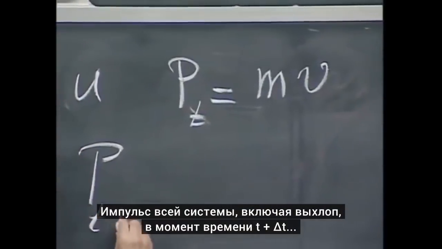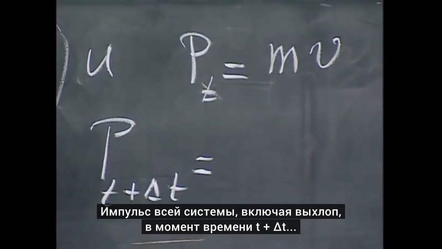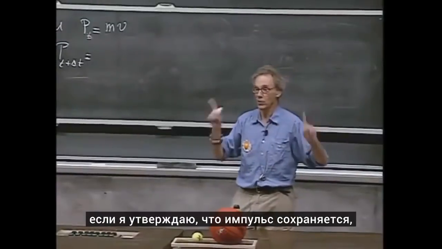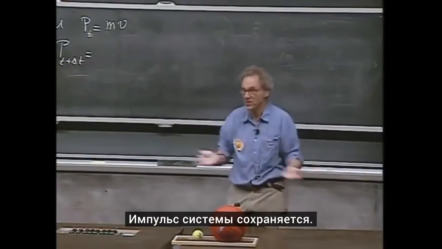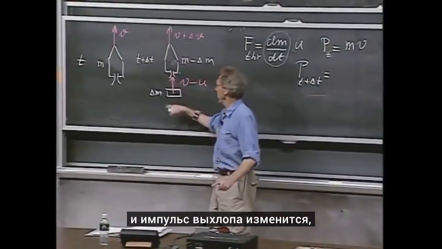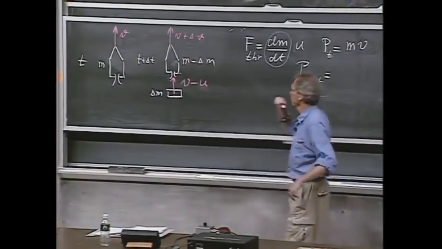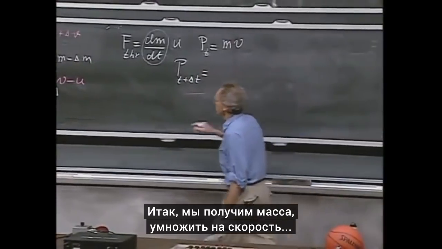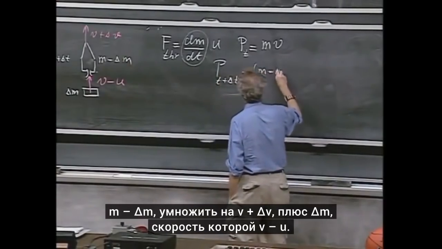The momentum at time t plus delta t of the entire system, including the exhaust. If I'm telling you that momentum is conserved, you can't ignore the exhaust. It's momentum of the system that is conserved. The momentum of the rocket is going to change, and the momentum of the exhaust is going to change, but not of the system. So we're going to get mass times velocity, m minus delta m